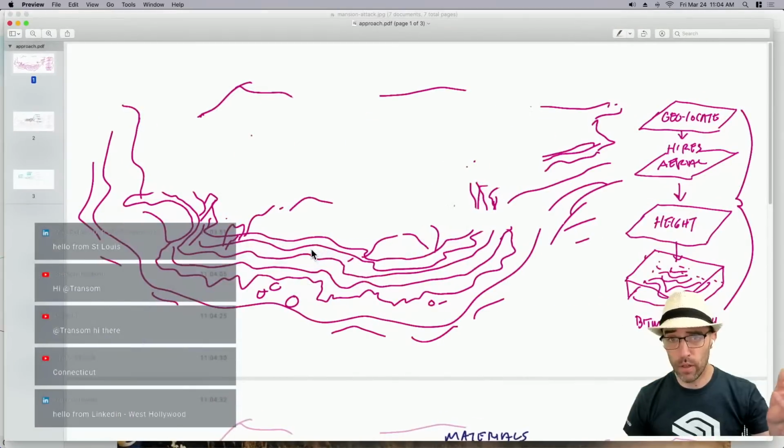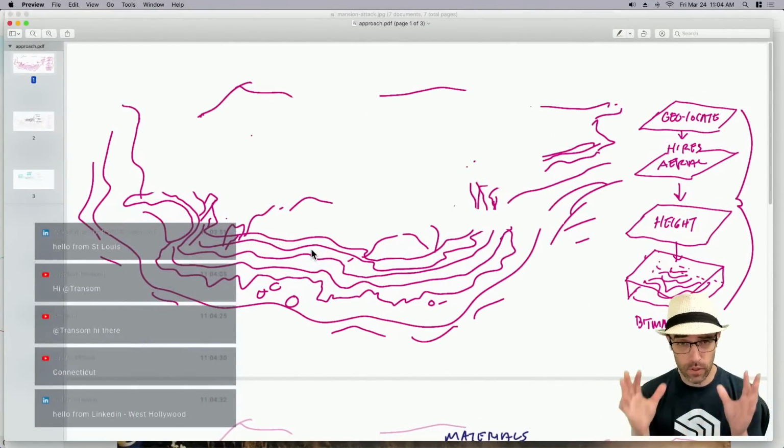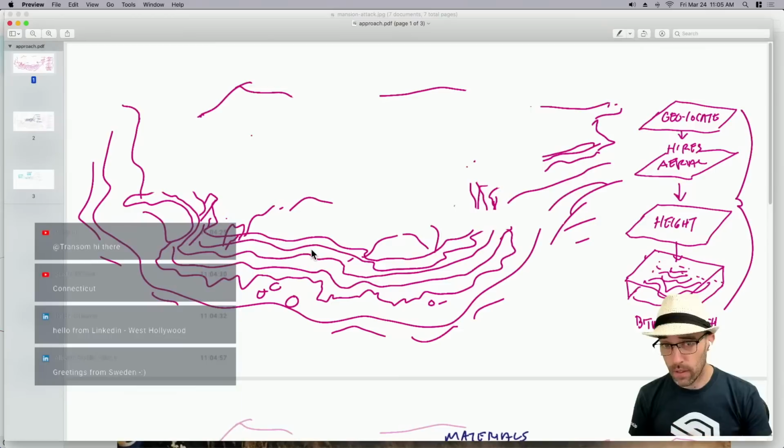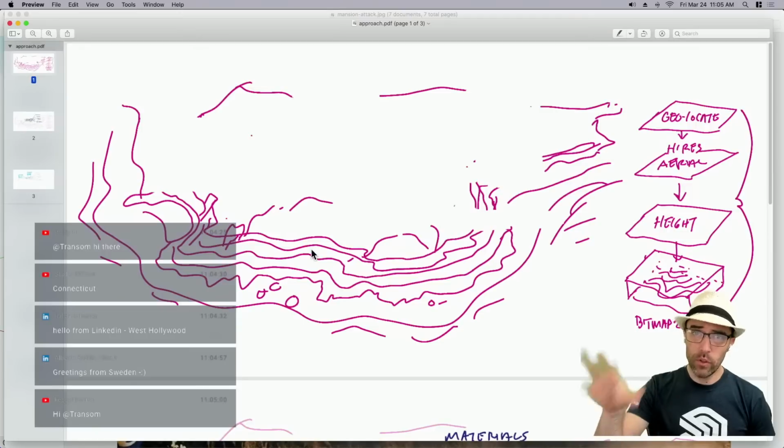So I started with a little sketch to think about how I might do this. You'll have to excuse the crudity of the drawing. It's really just a visual outline for me to follow. I'm going to start with the context, which is the terrain, which is going to be kind of fun